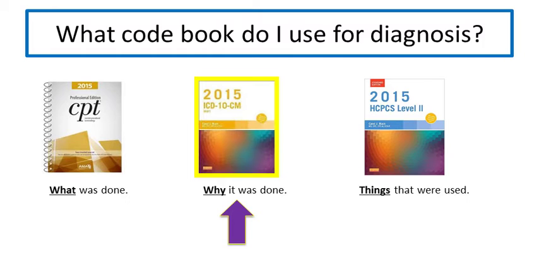The only code book that is always used, regardless of the setting or service, is the ICD, which stands for International Classification of Diseases. The U.S. switched to the 10th revision in October of 2015. The ICD-10-CM code provides the reason for the encounter and the medical necessity for the service or procedure that was performed during that encounter. All 3 of these code books are updated annually with new and revised codes, so it is important to use the most updated available version of each of the books.